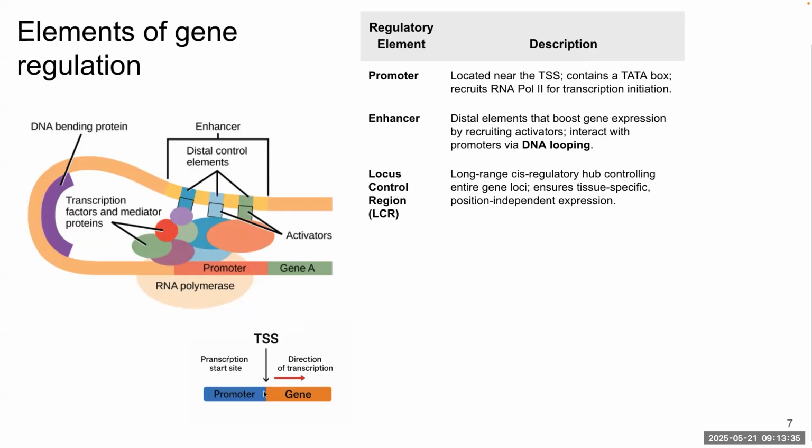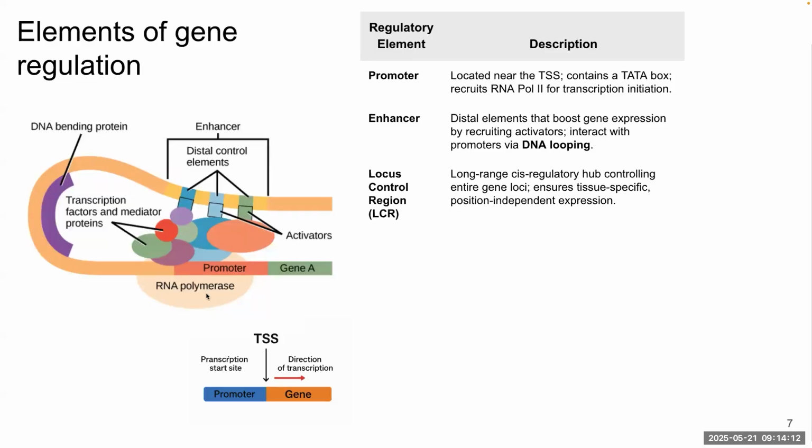And the promoter region is one of the main quality measures that we can see in all these kinds of studies. This is because the transcription start site is close to the region of the transcription of the gene. And the promoter is, let's say, the pre-transcription start site. So here we have just a brief description. The promoter is located near the transcription start site, contains a TATA box that recruits RNA polymerase II